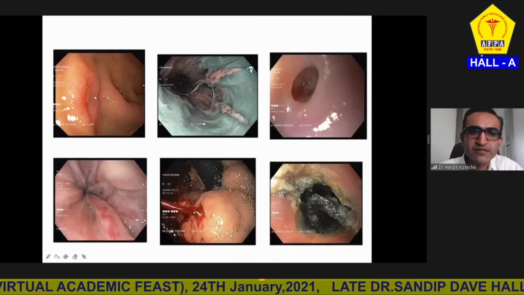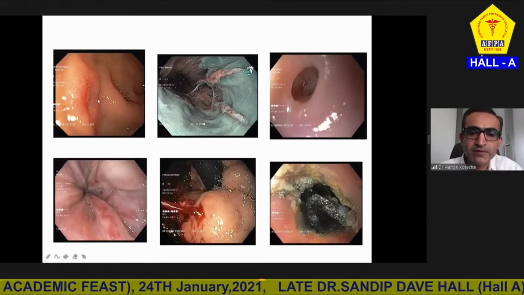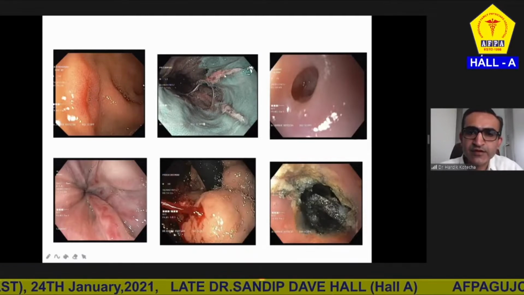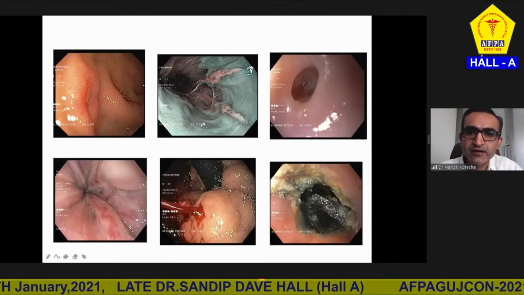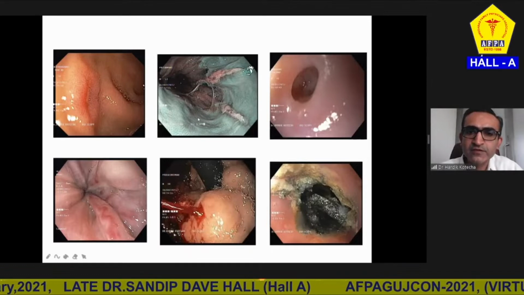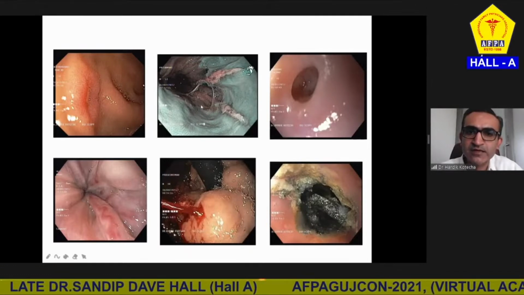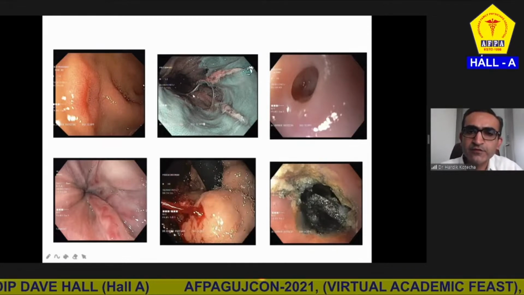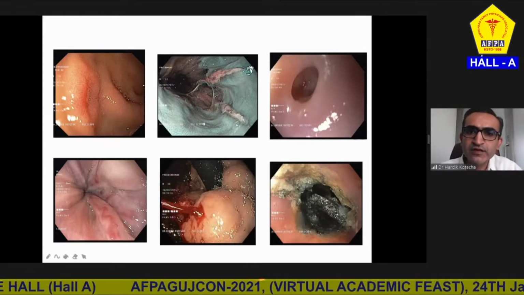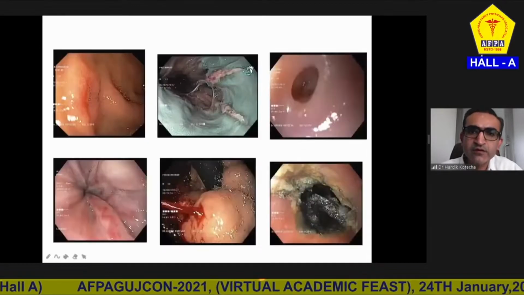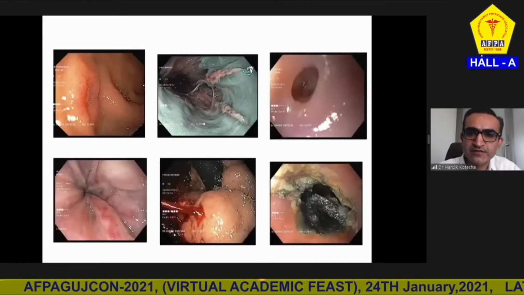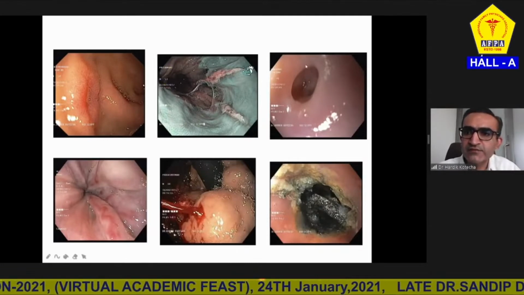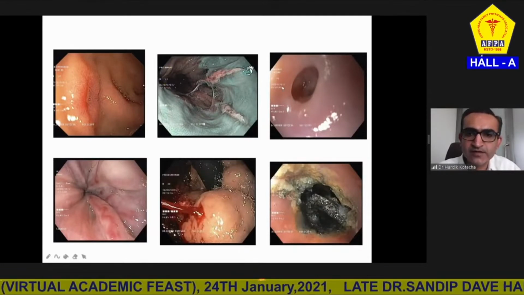The first image is showing an ulcer in the duodenal bulb, which is H. pylori related. The second image shows a narrow band image where the bluish colored area is of the esophagus. This is the squamo-columnar junction, and this is the columnar lined epithelium of the stomach. And these two linear ulcers are because of gastroesophageal reflux disease. The third image shows a benign esophageal stricture which is caused by corrosive poisoning.